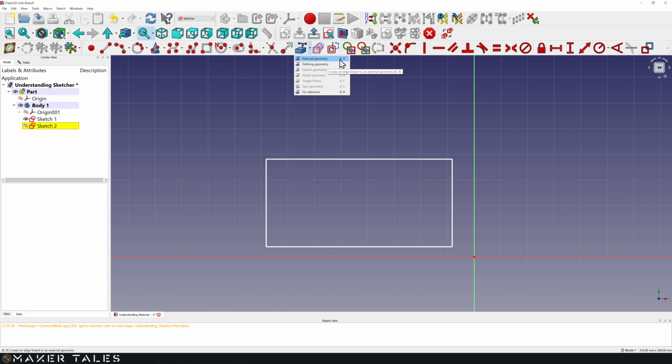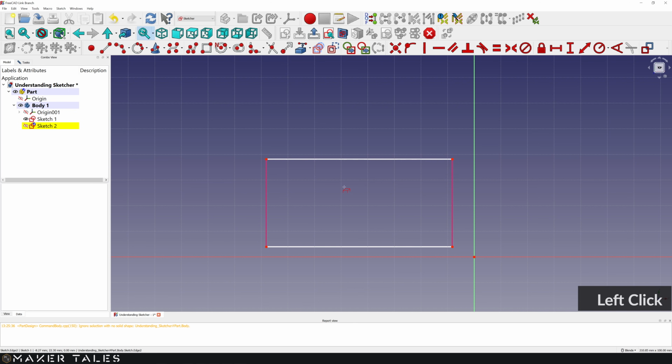Take a look, there's a shortcut, XX. So I'll go ahead, we'll press XX, and here we have the tool now active. So we are inside Sketch 2. I can see Sketch 1. I can now click on Sketch 1, and we will get these purple lines. What on earth are these purple lines?